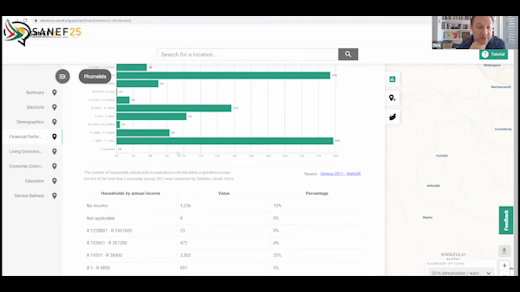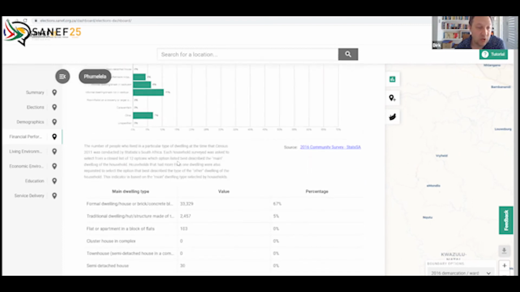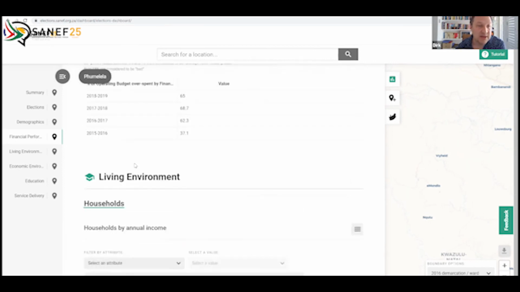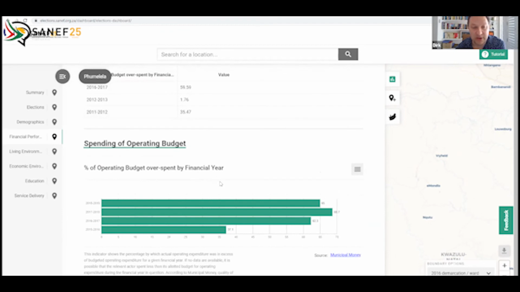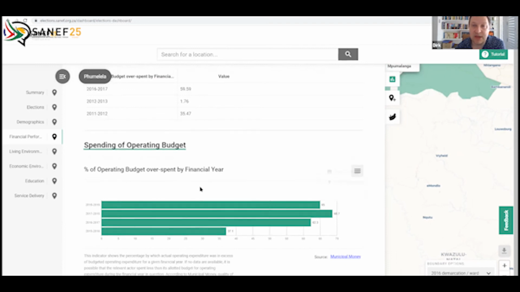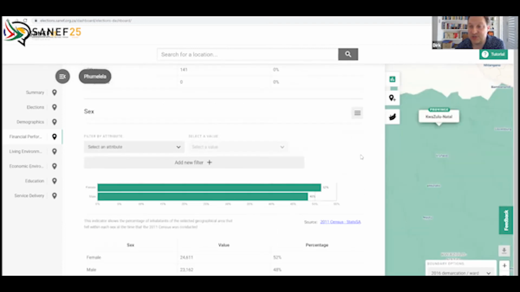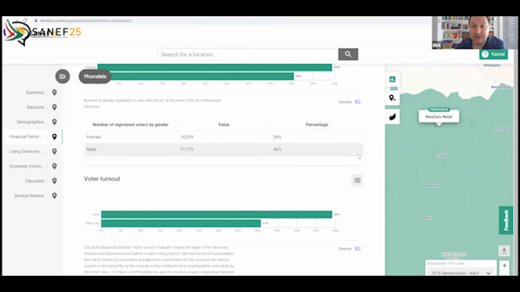Also the living environments from the census data, and all these will give you a much broader and better understanding of a specific ward or municipality. It's important to note that a lot of the data is available at different zoom levels. Some of the data, for instance the spending, is not going to make sense on a ward level, but it will be available on a municipal level. So it's always good to see on each level what is available at that point. And then, of course, you can export them, and you can also download, as we saw, the entire set as